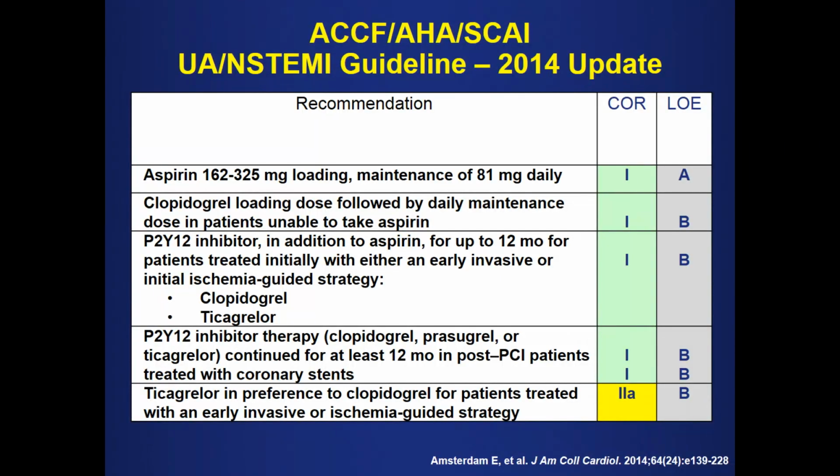Based on these studies, the most recent American Heart Association, American College of Cardiology guidelines for the treatment of unstable angina non-ST elevation MI recommend a loading dose of aspirin and then a maintenance dose of 81 milligrams. Clopidogrel is the option for daily maintenance in those patients who can't take aspirin. And then they recommend a